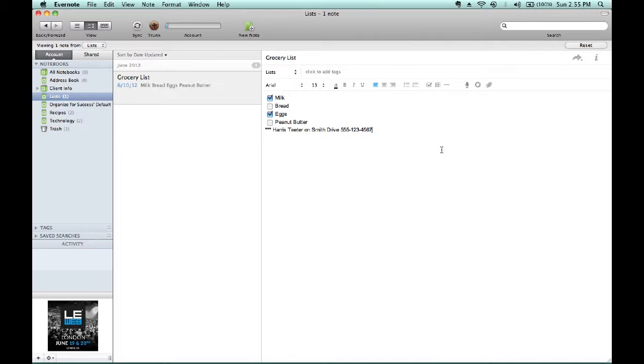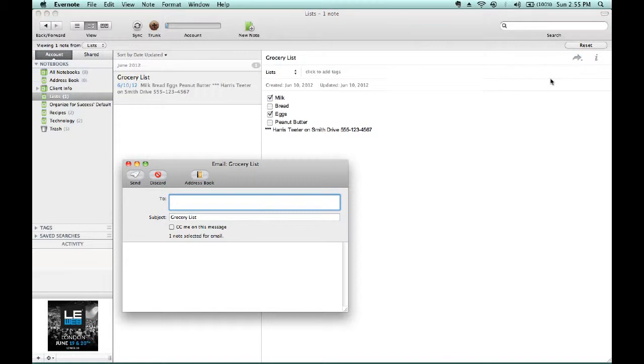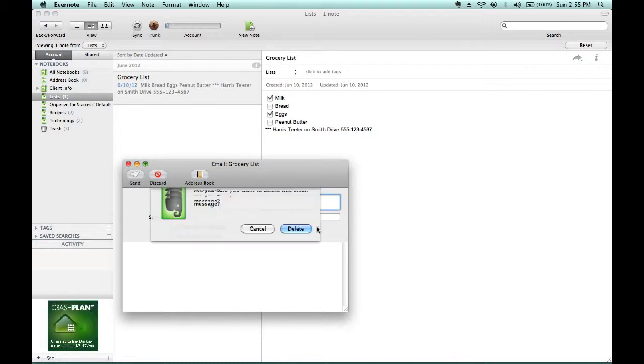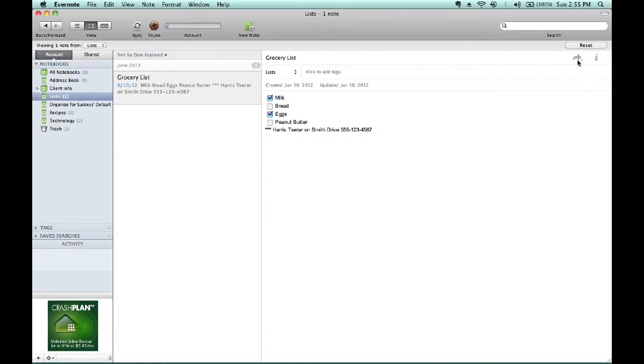In addition, if you are creating the list and your spouse or your roommate is actually doing the shopping, you can go to this little arrow in the right-hand corner to share this particular note with your spouse or roommate. Once the note's created, you can email it, and then they would have it in whatever area they check their email. Or you can click this arrow to create a URL that you would share it on,